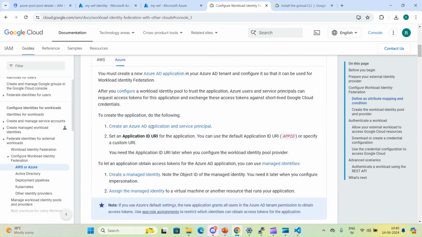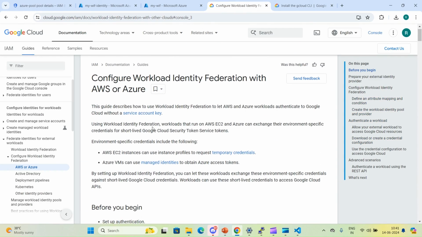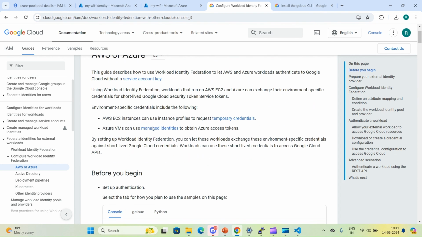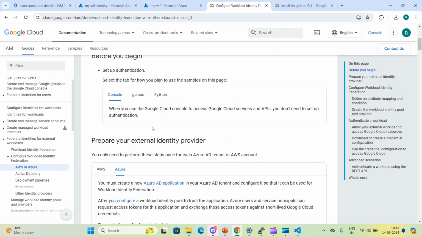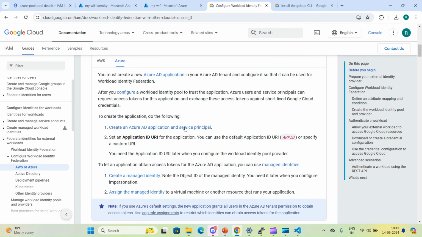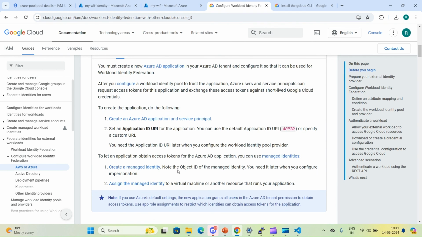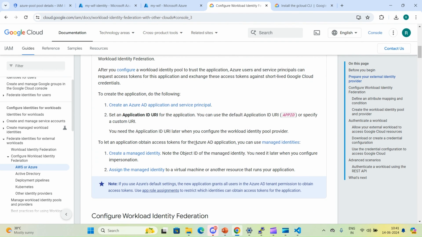follow this document. I know it is a little bit tricky, and I am also not much into Azure, so I also don't know much about how this Azure AD application and managed identity work. Maybe if you are an Azure person, you must know all this better than me, and you must find an easy solution. But this video may help you figure out how to use this, and you can read more about how to use it.